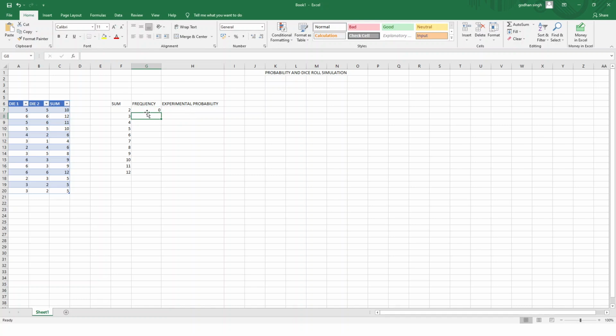So this is how we have got this, and we are getting 0 here because you can see that nowhere 2 is coming. Now let's just drag it downwards till 12. Now everywhere we are getting 0 because suppose we click in the second cell here. Second cell means where 3 is there, so it is also showing 2, but here we have to find how many times 3 has come, so we'll just change it to 3.